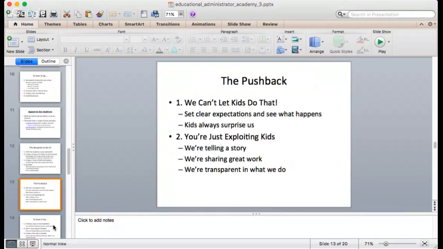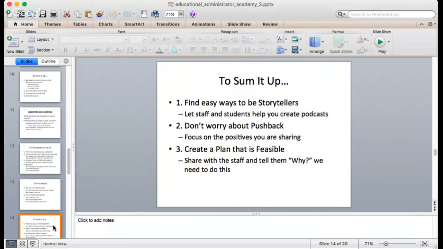So to sum up this one, it's a very short hack in the book when you talk about student voices and appealing to our audience. But you've got to find easy ways to be storytellers. So we've got to get more people involved. It's not just the principals. And don't worry about that pushback, because we have to focus on the